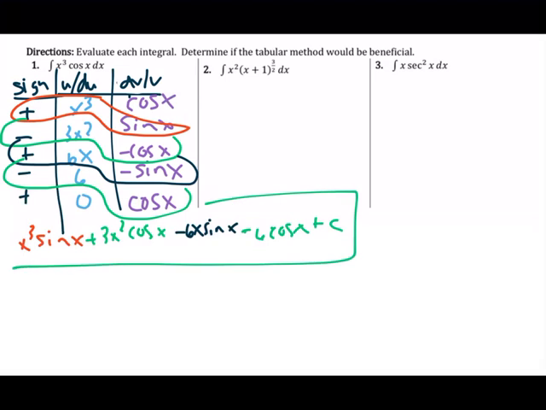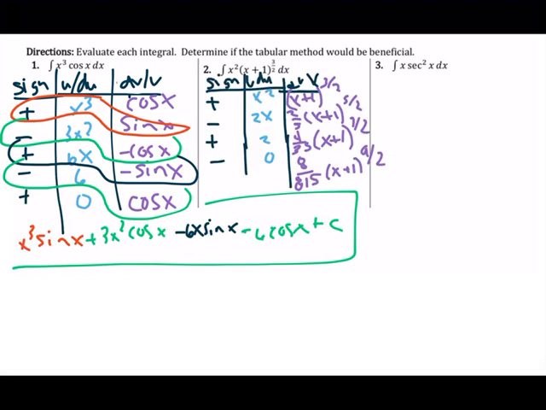Go ahead and set up the table on number 2, if that's a possible method here, and work through number 2. So here's the setup for number 2. And then you can go ahead. I'm going to go down under this box because I didn't save myself enough room, so we're going to do number 2 right here. So 2/5, I can read my own handwriting, 2/5 x squared times x plus 1 to the 5/2